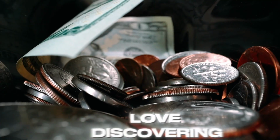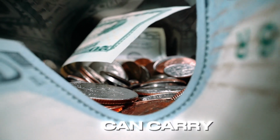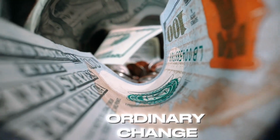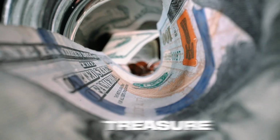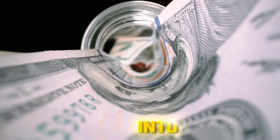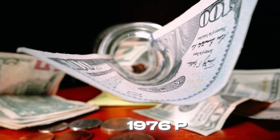If you love discovering the hidden secrets of everyday coins, learning how small pieces of metal can carry unbelievable value, and understanding how rare minting mistakes can turn ordinary change into extraordinary treasure, then you are absolutely in the right place. Today we are diving deep into the fascinating world of the Liberty One dime, specifically the 1976 Liberty dime